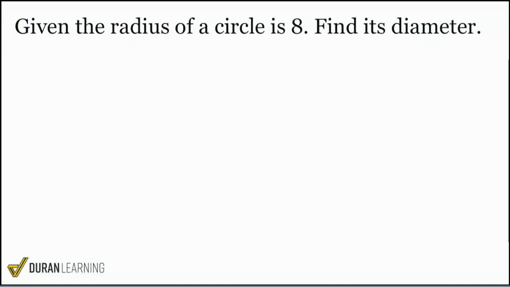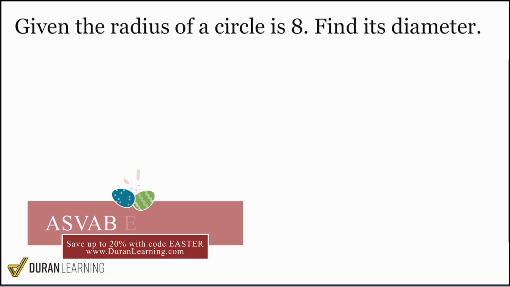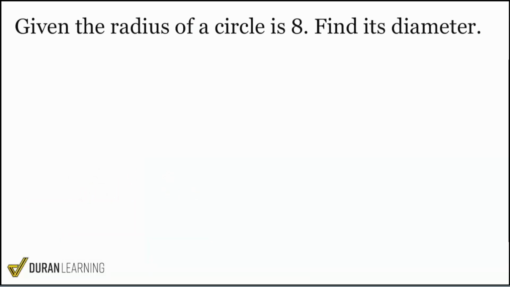So my party people, let's go ahead and talk about this. Let's say we have some problem where we're given a radius of a circle and it's 8. My party people, if we were asked to find the diameter, what would the diameter be? If they tell us that the radius is 8, what is the diameter? Interesting. What's that going to be? Now, I love these 2 responses that I'm getting. First response is 16, and the other response I'm getting is 2r. And those are both valid answers. That is going to lead you to 16. Everybody remember,